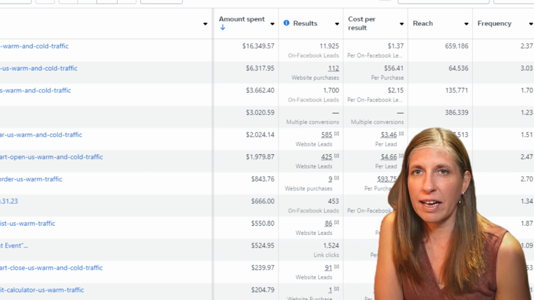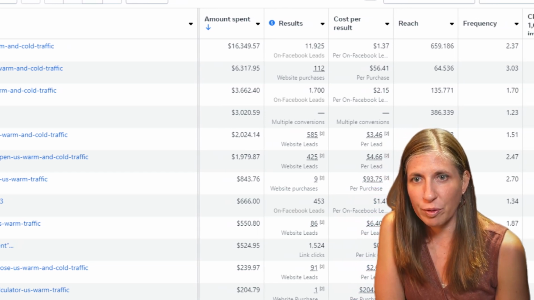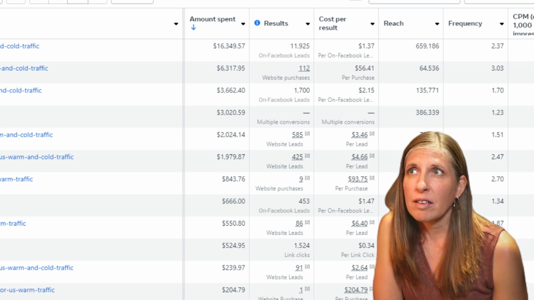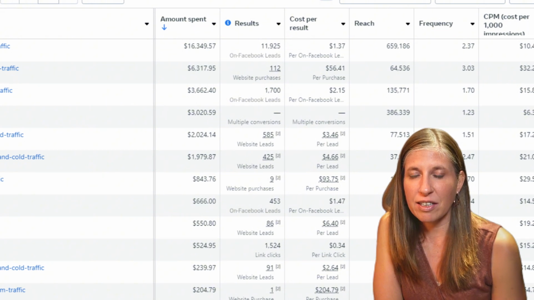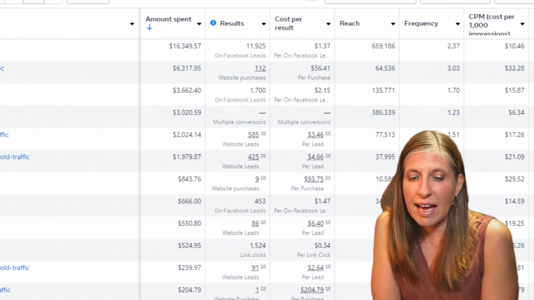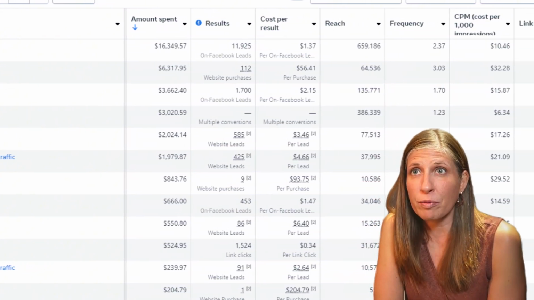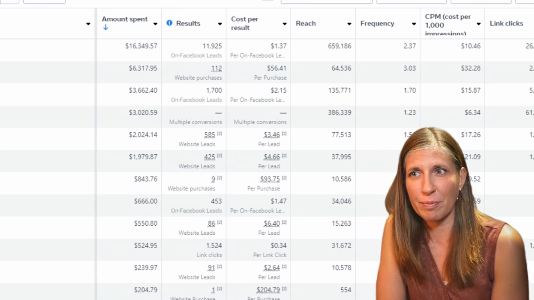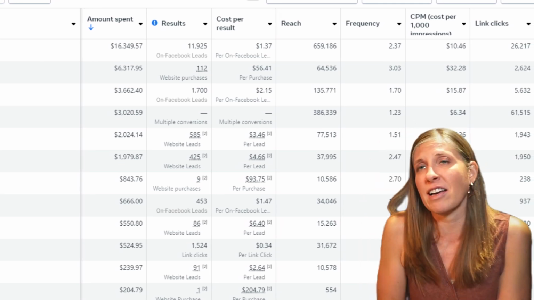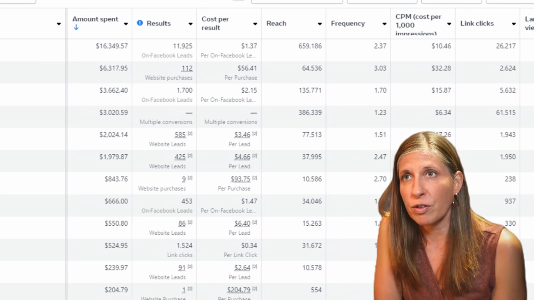It depends. So if you're running a leads campaign and you have a lead magnet, then the most important thing you're going to look at is your cost per lead. That's always number one. We want to make sure we have a low cost per lead. You don't want nothing crazy. And then you're also going to be looking at your click-through rate. You're going to be looking at your reach. You want to make sure that your reach is at least at 500, or else you can't make any other decisions based on the other metrics. You want to make sure your ad has gotten in front of enough people. And then also your frequency. So should we break each of those down?